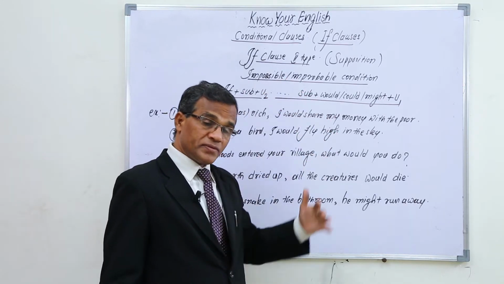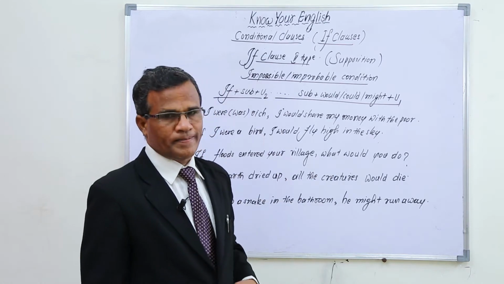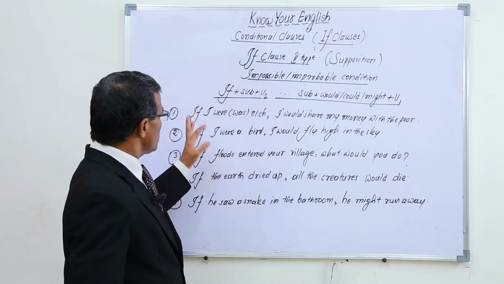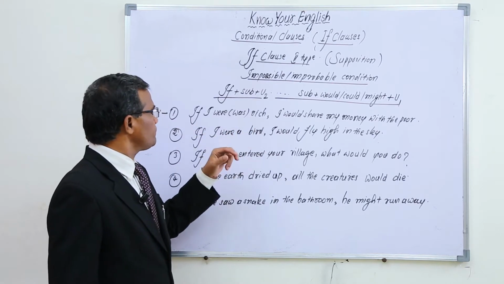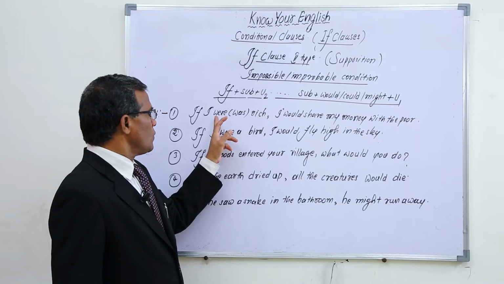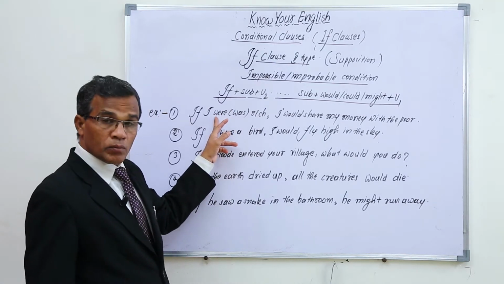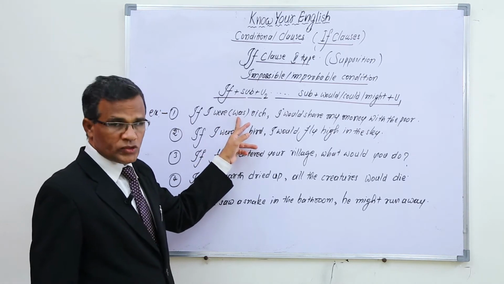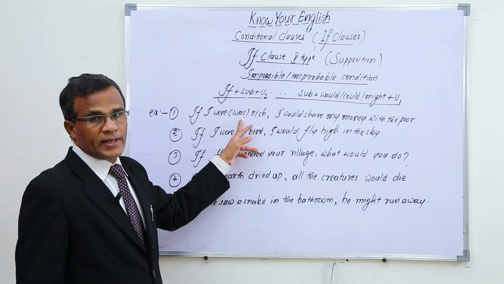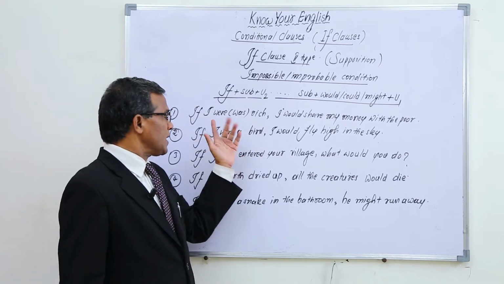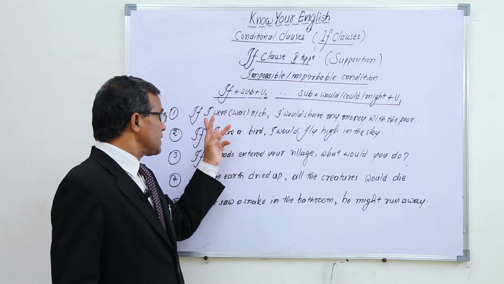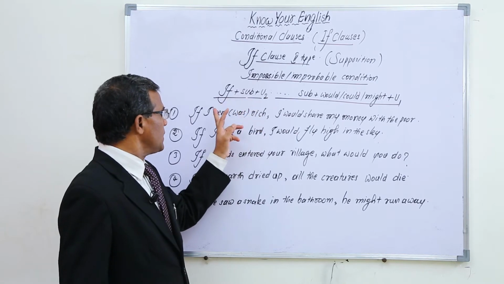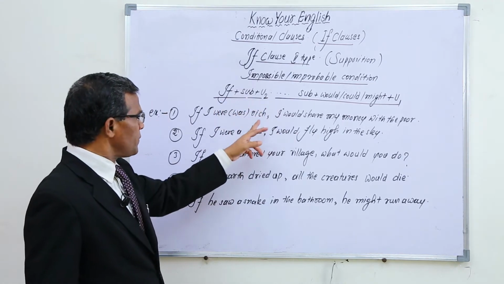The first five types of sentences we saw were under possible conditions. But this is impossible condition, or improbable condition, or supposition. For example, if I were rich. Generally we use "were" in this structure, even though the subject is singular or plural. But some people use "was" also if the subject is singular. Nowadays grammarians accept this, but most people use "were" even though the subject is singular or plural. As per this, if I were, second form, if I were rich,